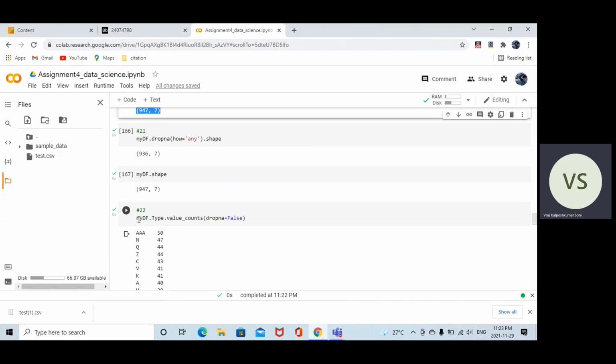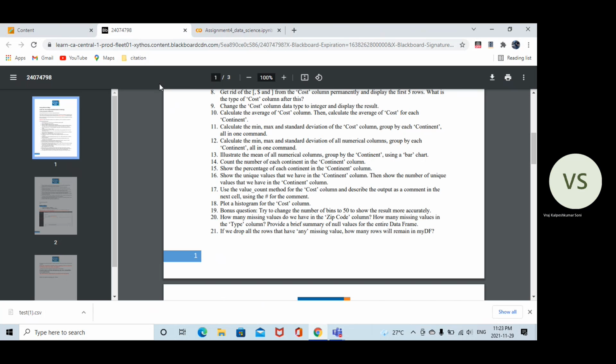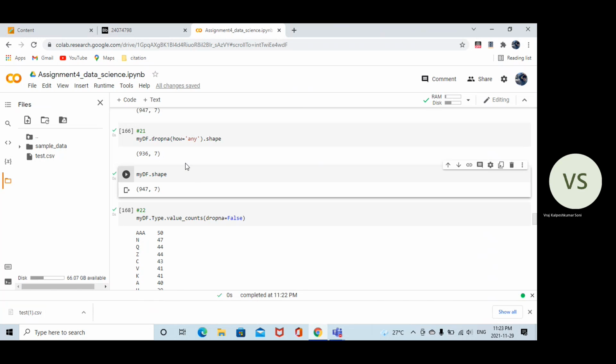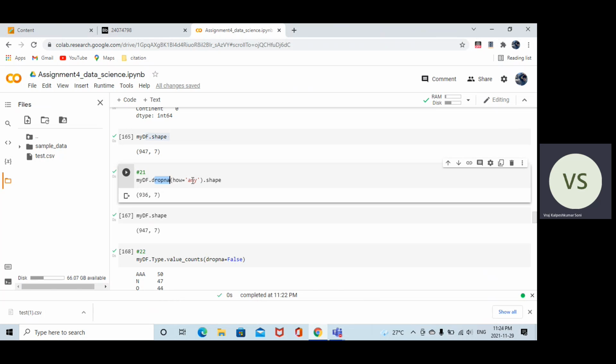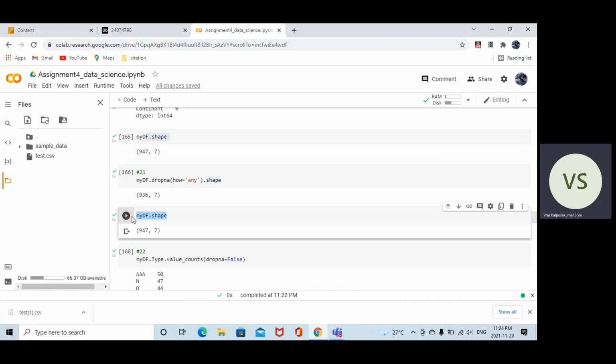I'm going to drop NA how any dot shape, so this is what I get, and I'm going to use my df dot shape as well just to get the dimensions, so we are not missing anything.